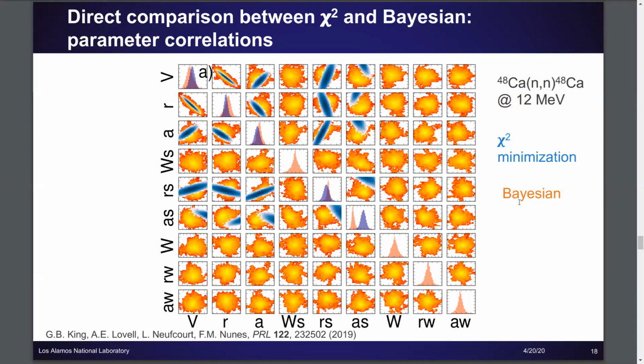But again, in all of these cases, we've used very large priors with a width that's equal to the mean value or the global value for these parameters. And so we're really not constraining the parameters with our prior. We're letting the data do all of the talking. And still we see this, the Bayesian methods keep the parameters in a more physical region than typically the chi-square gradient descent methods do.